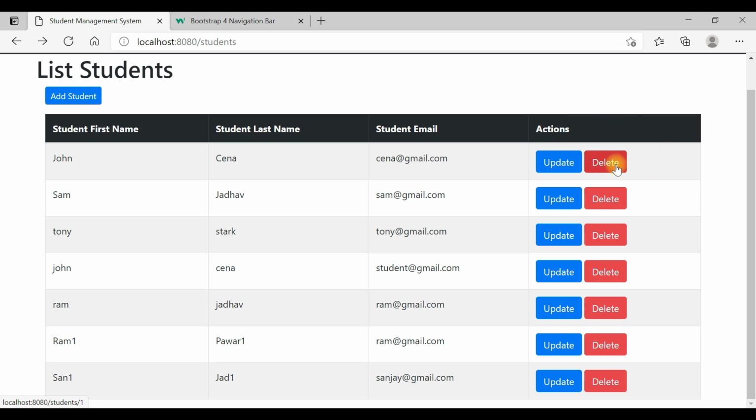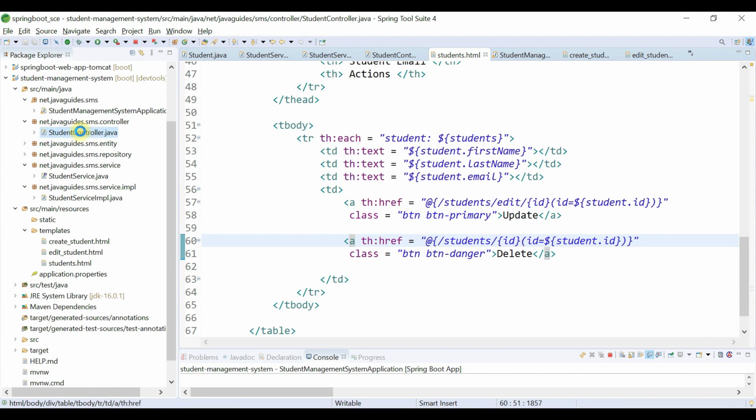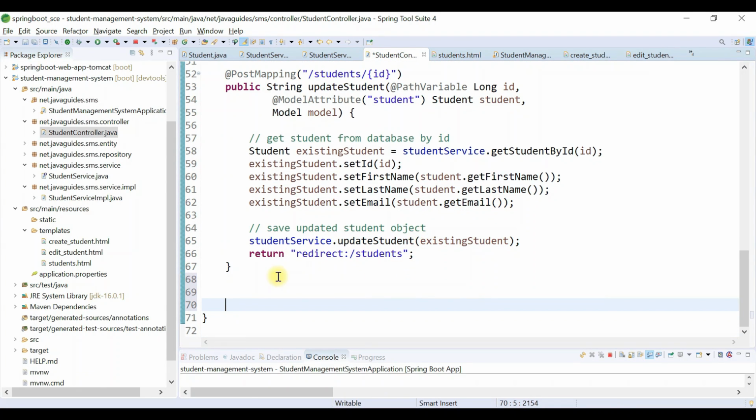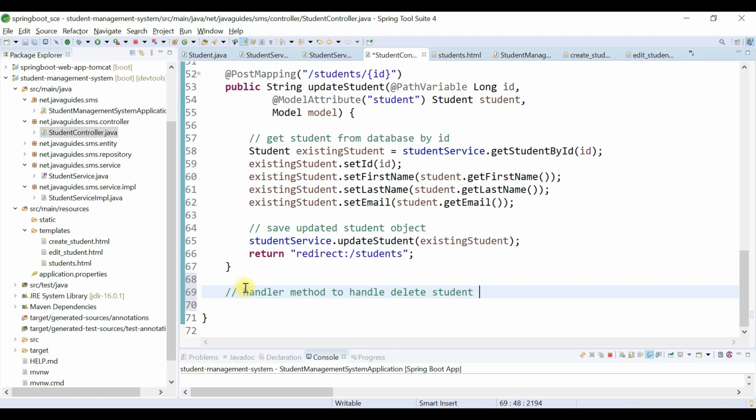Okay, now once we click on the delete button, we need to handle this delete request, right? So in order to do that, let's create a handler method to handle the delete request. Let's head over to the student controller, and here we're going to add a handler method to handle the delete student request.